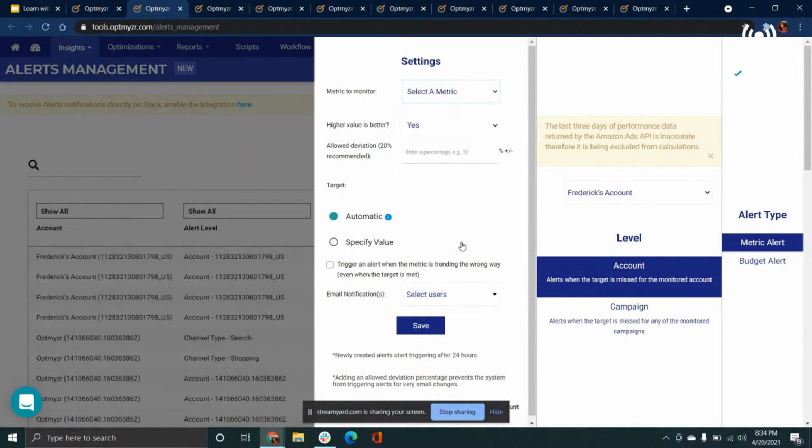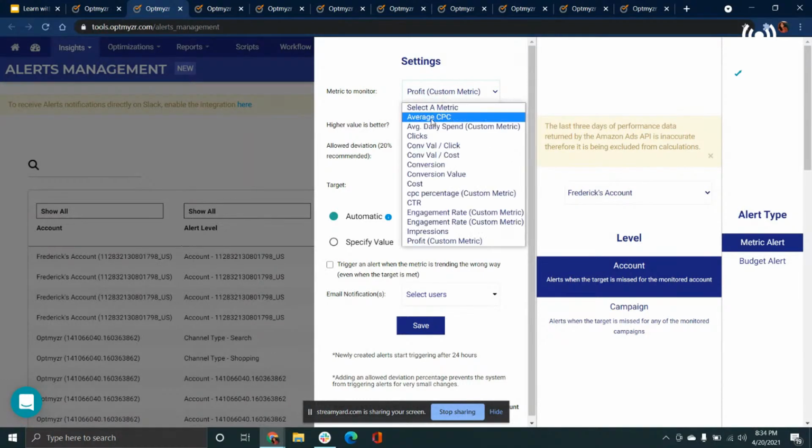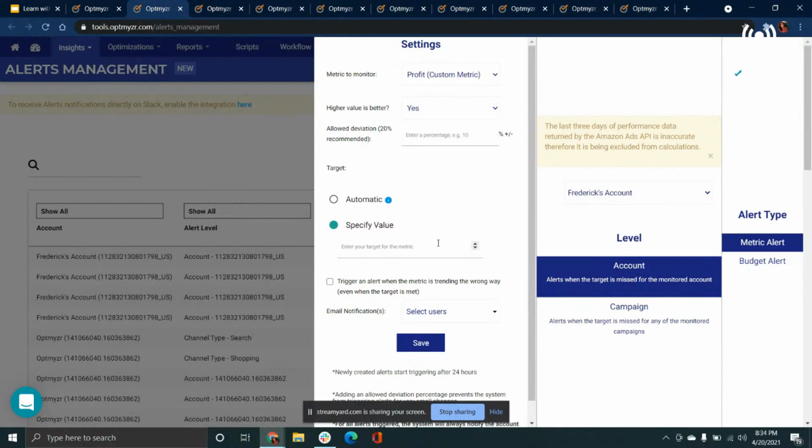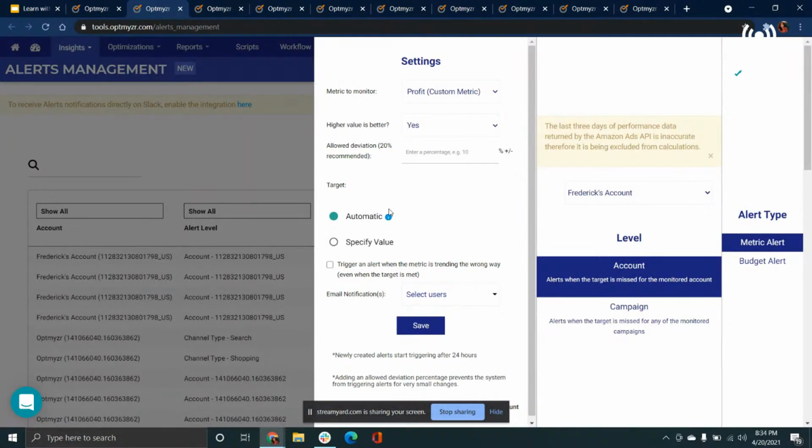So if you say choose profit for this, you can choose whether a higher value is better. That would probably make sense for an engagement rate or CPC percentage, and then give an allowed deviation so that you don't get notified for something within that. And yes, you can specify the value for the metric that you're trying to set up the alert for, or go for an automatic target as well, which looks at the last 8 weeks of running data.